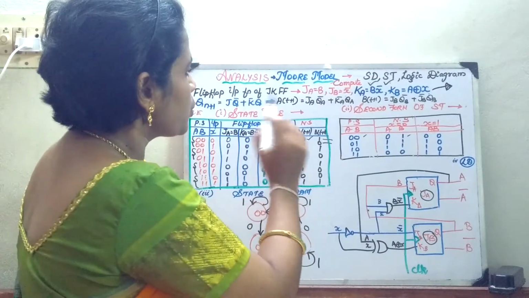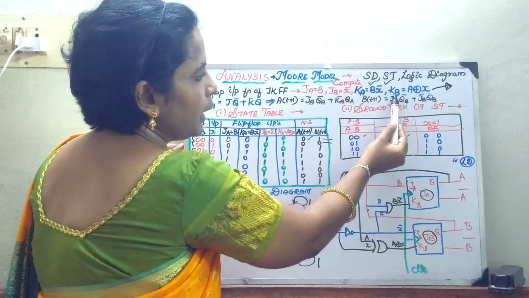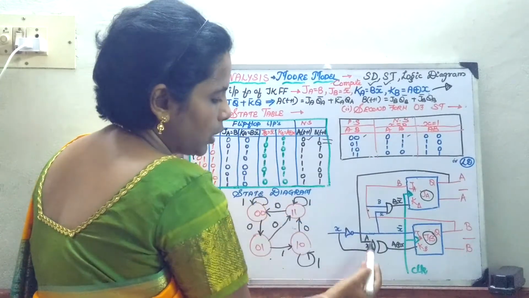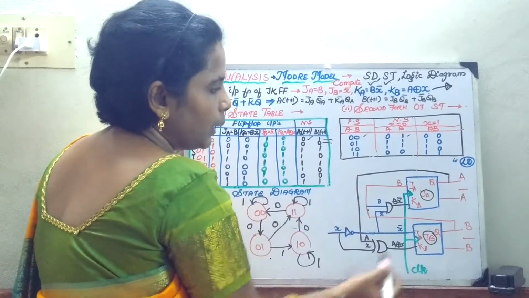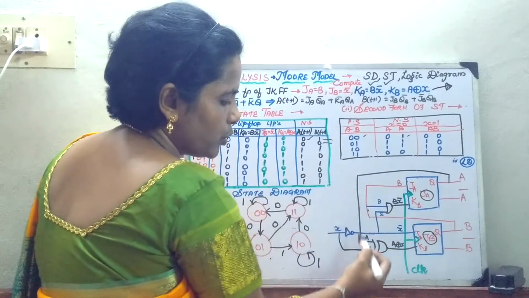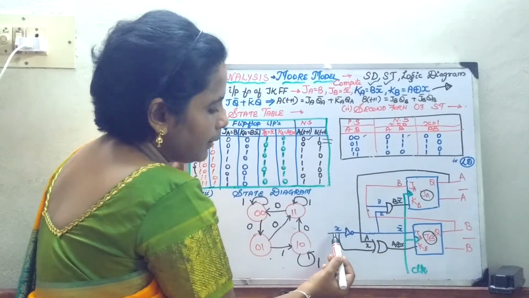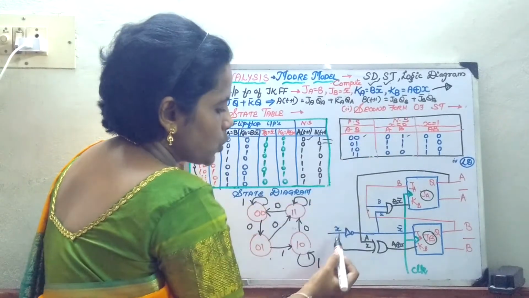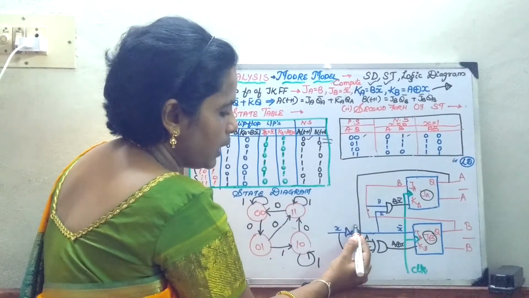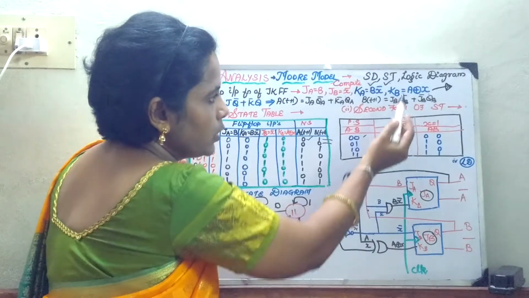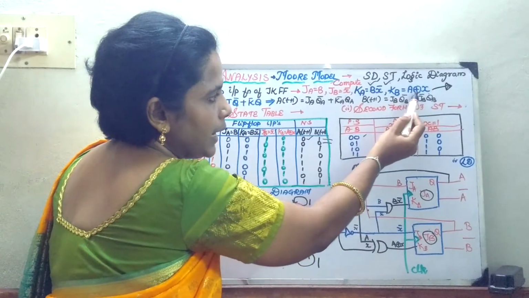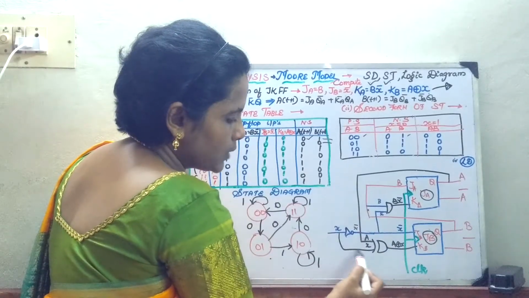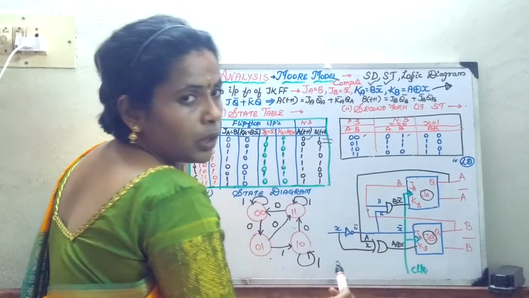So now what is your KB? KB is nothing but A XOR X. So you have to put an XOR gate, and you take A from where you have it and give it here. Another input is X. X is there, X bar is there. So X I am putting here. Now what is your KB? A XOR X. So you tap a point from A, tap a point from X, put an XOR gate, and this work is over.